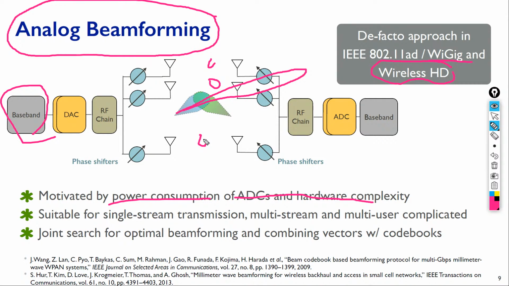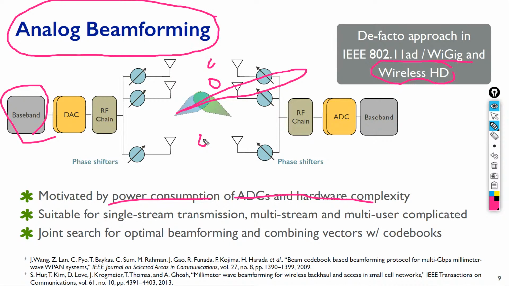Second point that we need to mention about this analog beamforming concept is the fact that it's basically suitable for only single stream transmission. Single stream transmission means you can serve only one user at a time, yes? Imagine you are deploying a base station and access point that can only serve one user. This is not very desirable, yes? With the current Wi-Fi access point, multiple users can access the access point and get data and get connected with it. But due to the complexity, the hardware complexity, the power consumption, these types of difficulties at 60 gigahertz, we cannot,